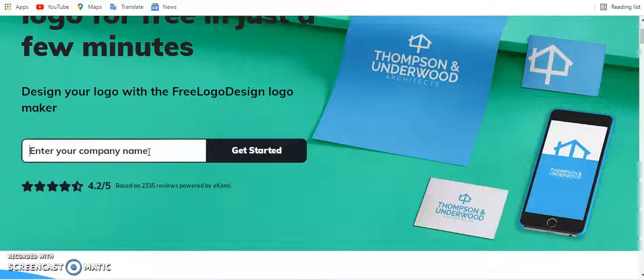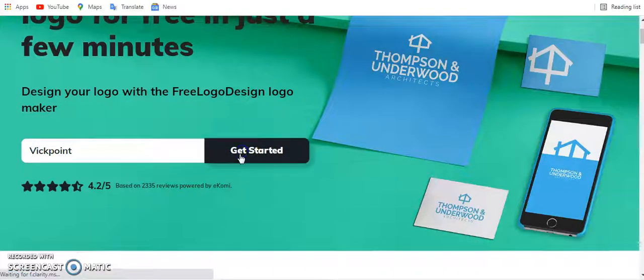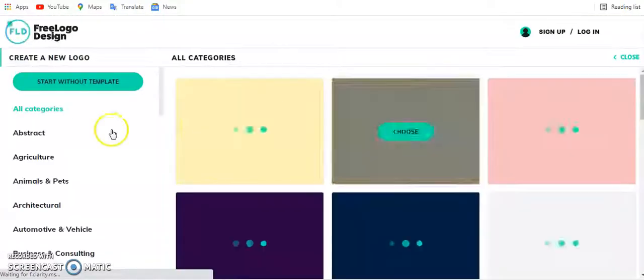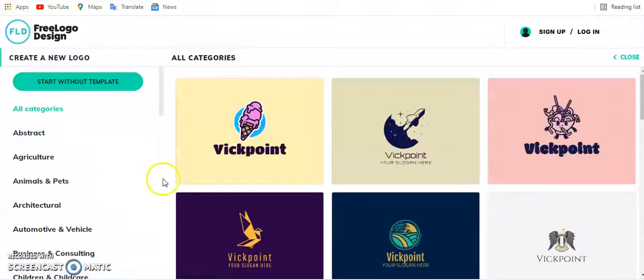Let's assume that my company name, for example, is Big Point. This is my company name. Then we'll click get started. When we click get started, it loads. Here it will show us